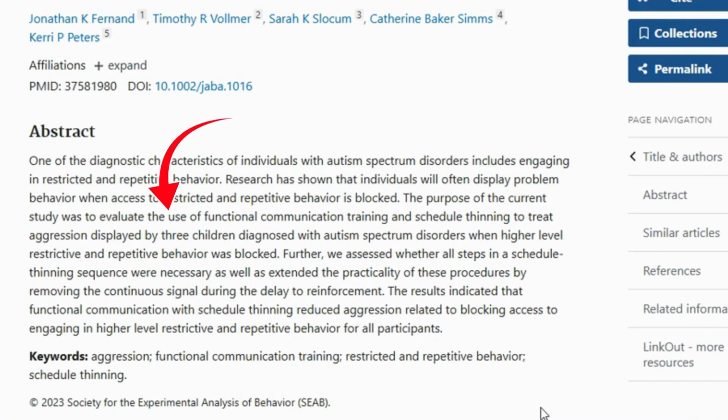Researchers in this study used functional communication training, FCT, along with schedule thinning to reduce aggression in children with autism, which directly aligns with our topic. In the Methods section, they evaluated how FCT was applied to teach appropriate communication responses when access to restricted behaviors was blocked, a condition that triggered aggressive behavior. The study involved 3 children, and the results showed that FCT was effective in decreasing aggression by replacing it with